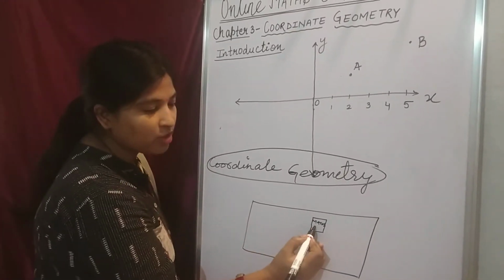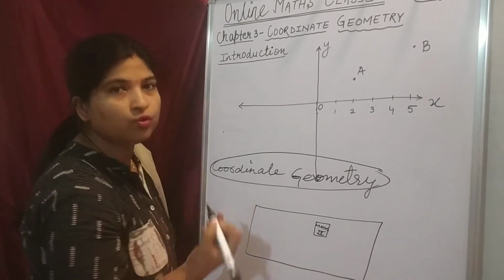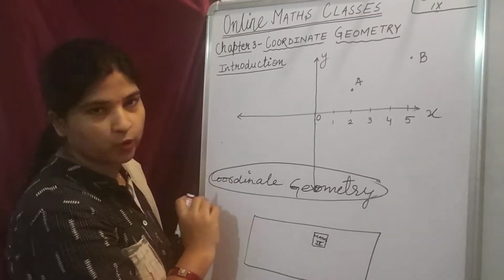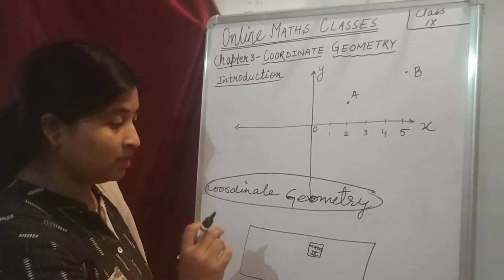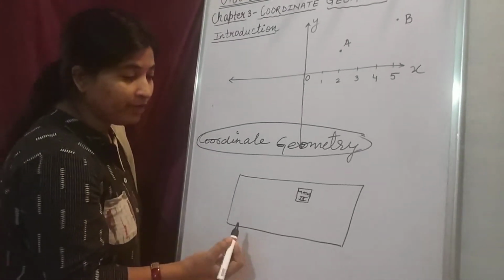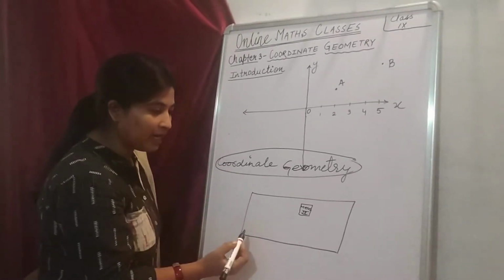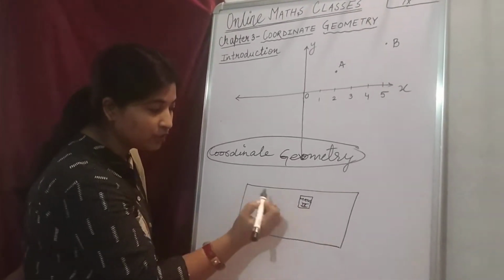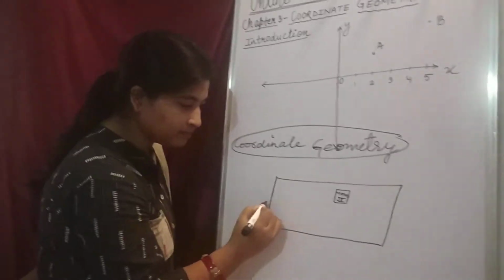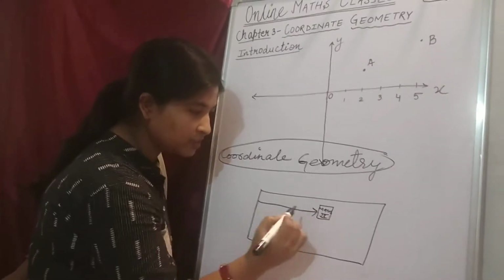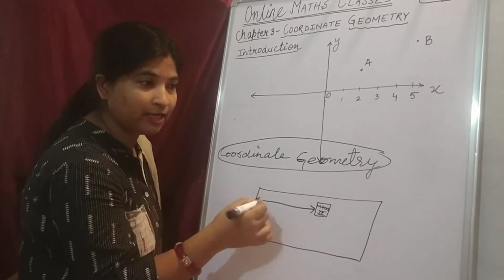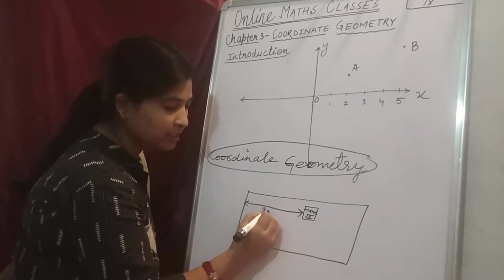This is your maths book, and I want to know the position of this maths book regarding this table. So what I will do is I will see what is the distance of this book from this line. What is the distance of the book from this line? Like if the distance is 30 centimeter.